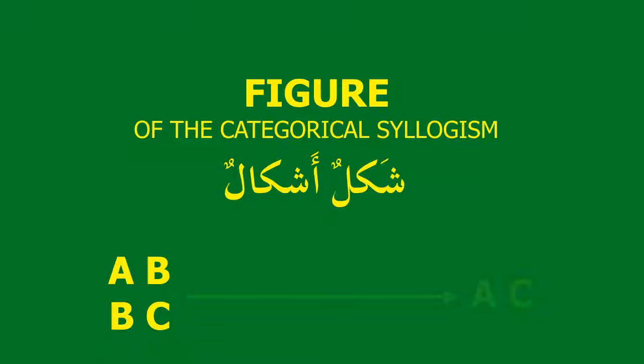It's an abstract way of looking at how the terms of the propositions are arranged, and we're not concerned with the particular meanings of those terms, the particular significations of those terms, because remember from the previous lesson, what we are studying here is the form. We're studying formal logic, the formal entailment of a conclusion. When the form of an argument entails the particular form of a conclusion, regardless of what the particular terms might actually be. So this is called the figure of the categorical syllogism.